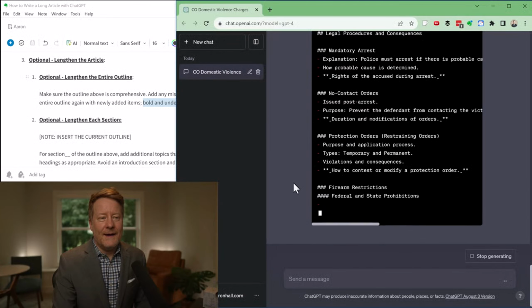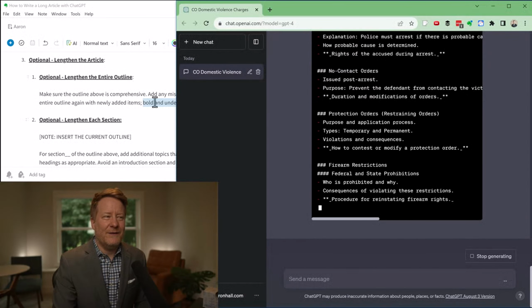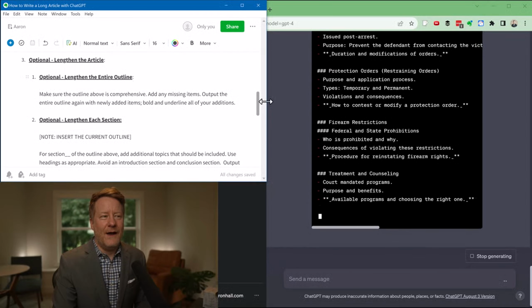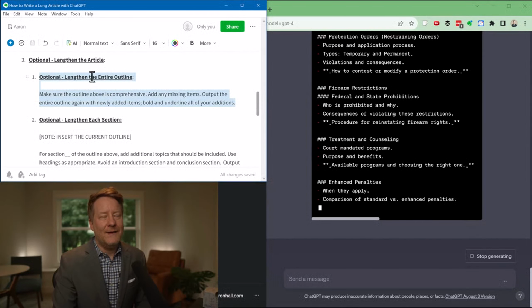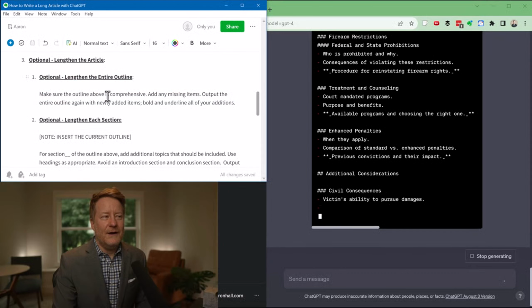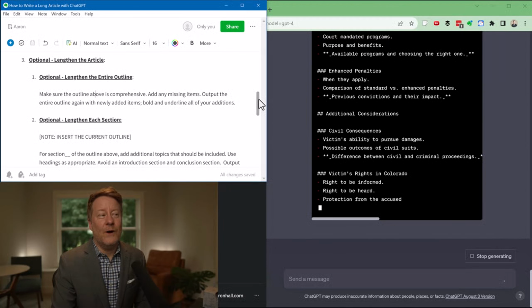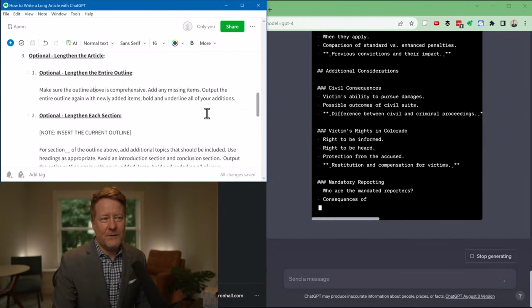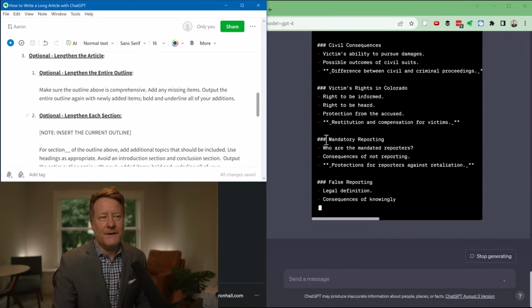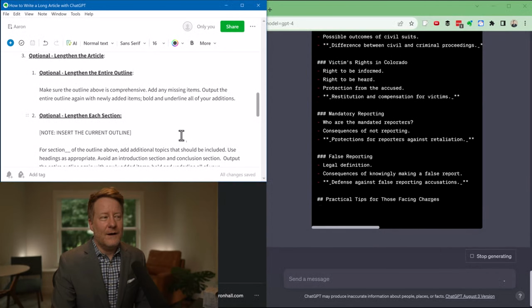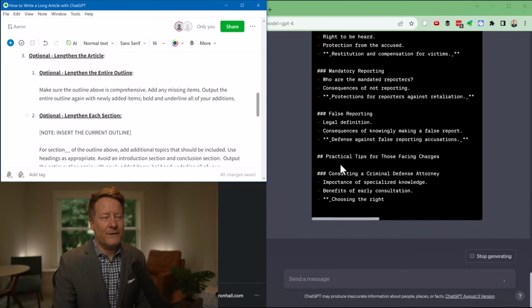And by the way, this particular request to lengthen the entire article doesn't necessarily work great. What works better is the next step, which is where ChatGPT is asked to do it on a section by section basis.